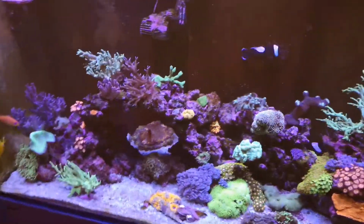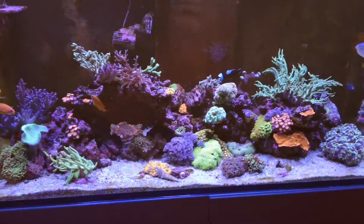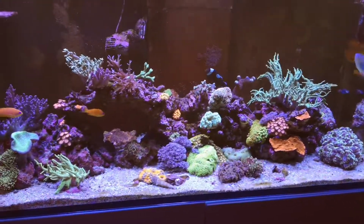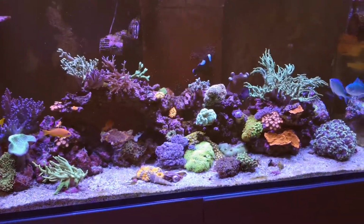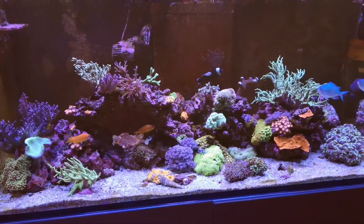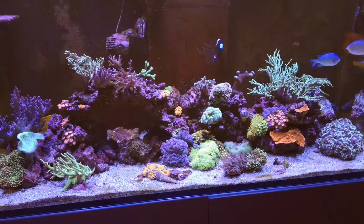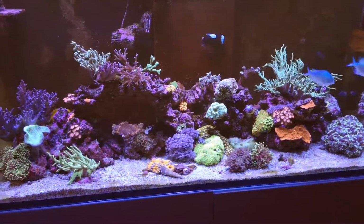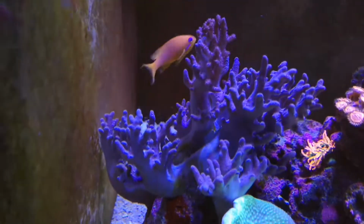I usually do a 10% water change every week, which is usually about 30 litres, 35 litres or so. But now I'm going to reduce that to maybe once every 2 weeks or so. Get a little bit of extra nutrients. I think I need to raise my phosphate up, because some of the coral, especially at that level, usually they're